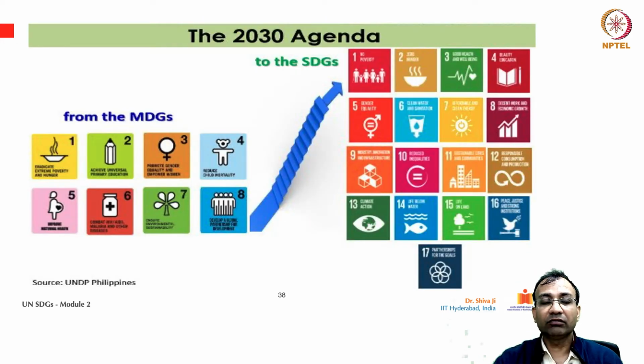I hope it is clear now, and this is an illustration which talks about this transition. Initially there were 8, now we have 17. Perhaps in future, when the new set of goals comes in by year 2030, we may have even more. Who knows? Maybe if we are able to fulfill or solve one of these, maybe that can be removed. So that will be, I think, based on the assessment and evaluation at that particular time.